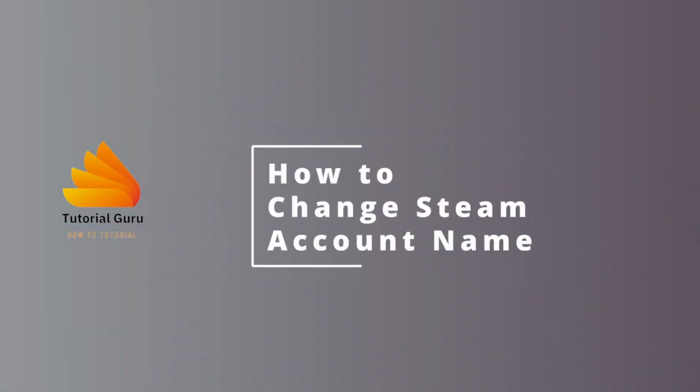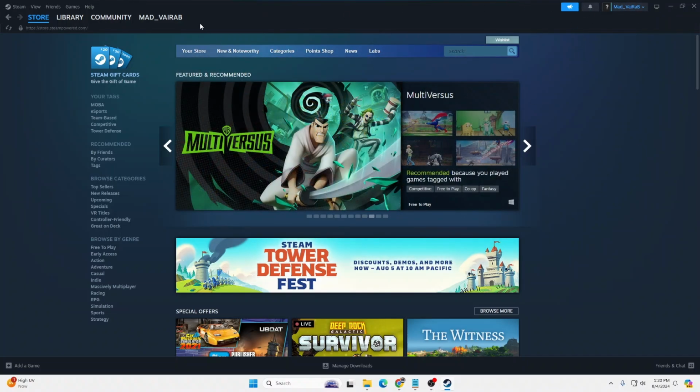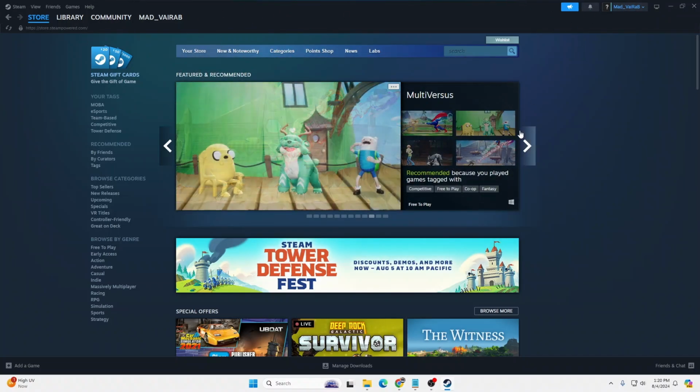Today we'll be learning how to change Steam account name, and now let's dive right in. Now to change the Steam account name, first open up your Steam app like this and make sure you log into your account. And after opening your Steam app and logging into your account on the Steam, in order to change the name